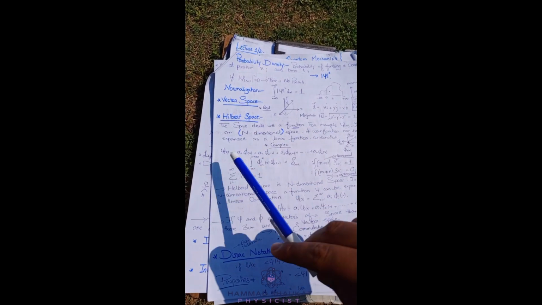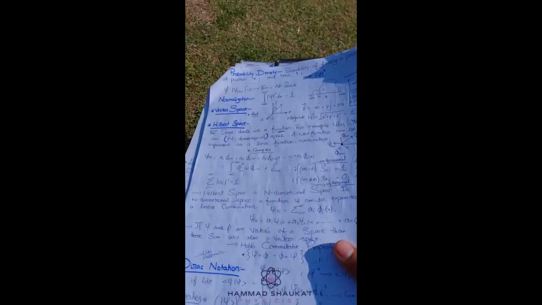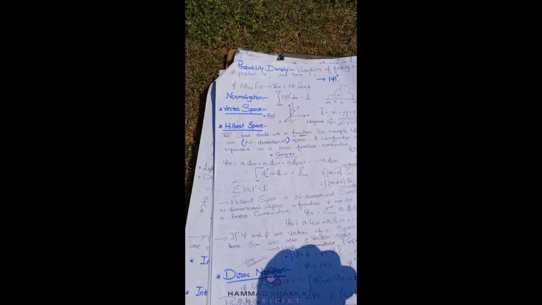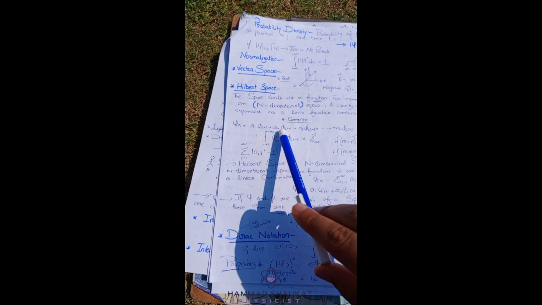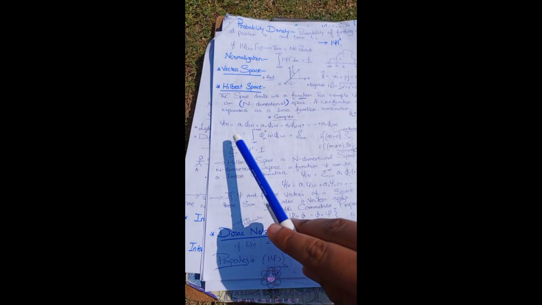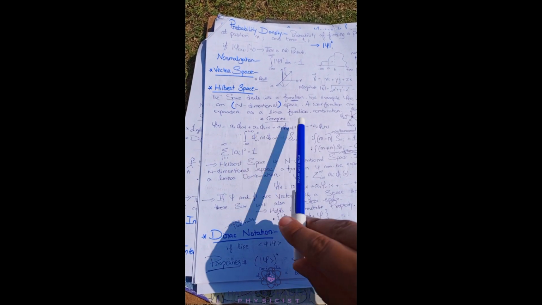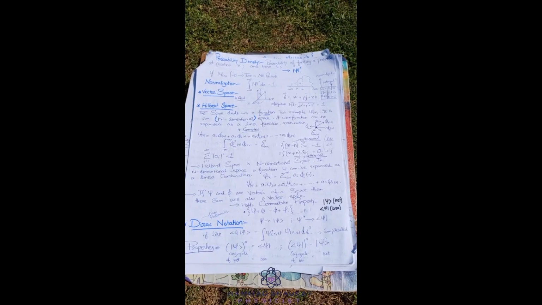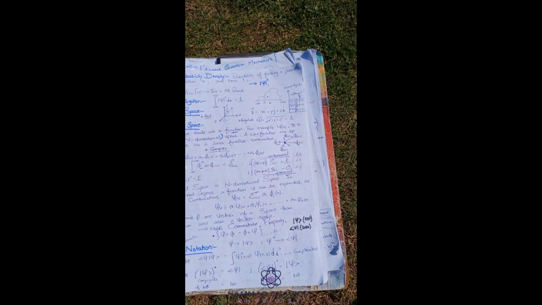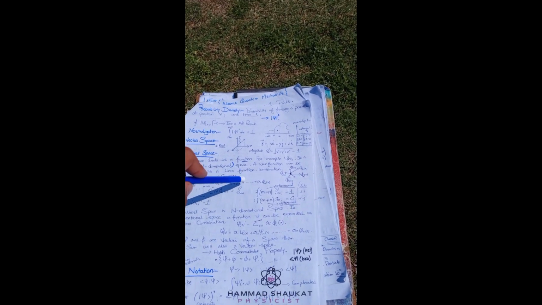If you want to find psi of x, you just have to sum up all your wave functions: for 1, for 2, for 3, and so on. Similarly, you multiply them by constants: first a1, second a2, third a3, and so on. I already told you that you integrate from minus infinity to infinity psi of n times the conjugate psi of m star. This equals delta mn. This is the main formula.